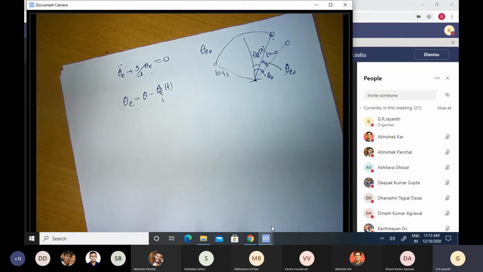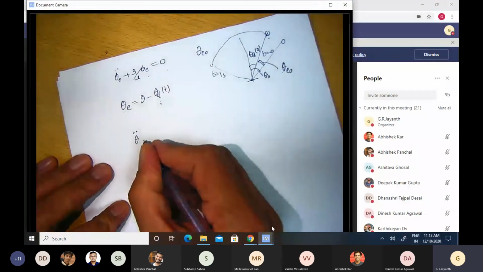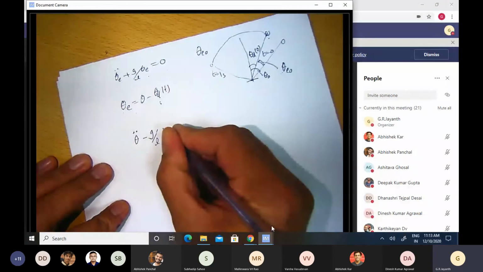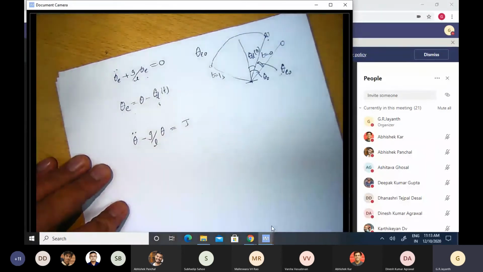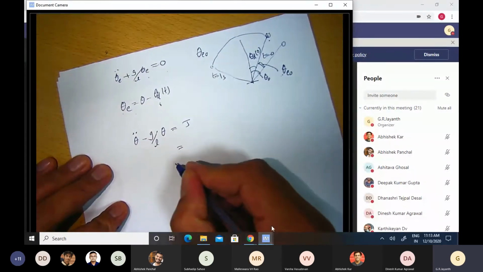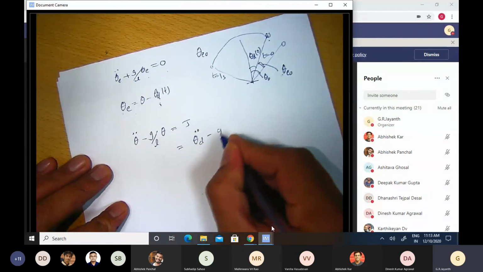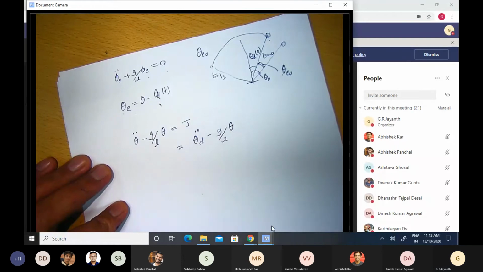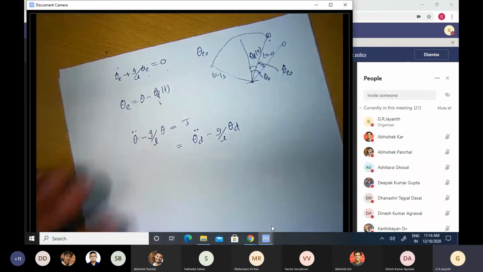Let us take this particular example itself. The case for the pendulum, maybe the inverted pendulum, because that situation is more dramatic than the other case. This is the equation for the inverted pendulum, and we have decided that we will apply a certain torque which is given by theta d double dot minus g by L theta d. That was what we attempted to do, and we were thwarted in our attempts because the system is unstable.